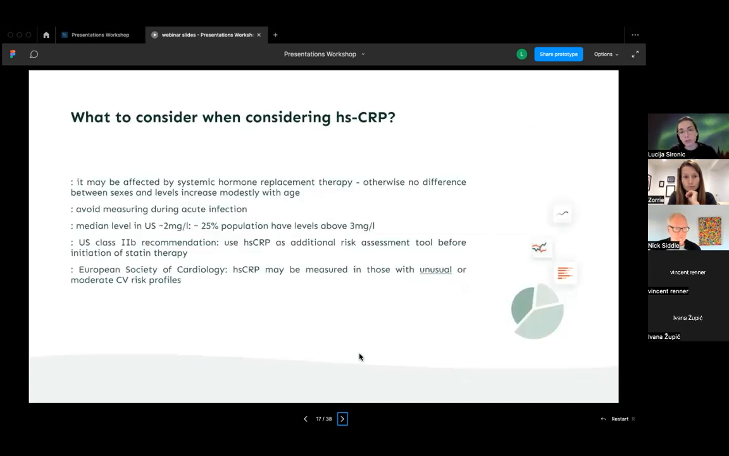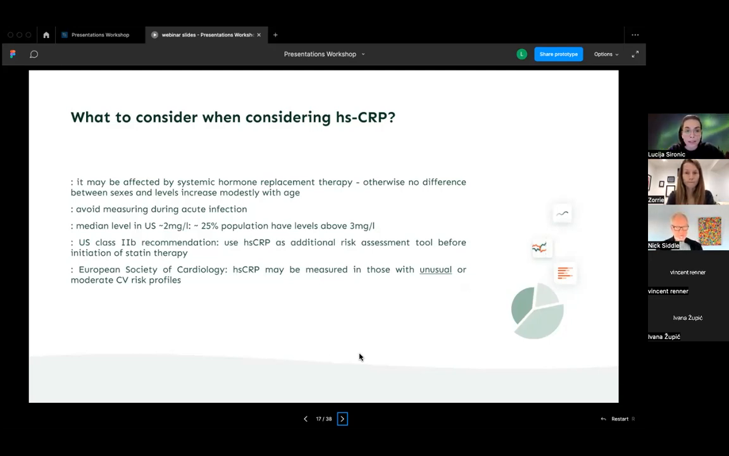So what to consider if you're considering high sensitivity CRP? In the case of ladies, it does seem like it could be a useful marker. Normally there are no differences between sexes. It could be the case that in menopausal or postmenopausal women who are taking systemic hormone replacement therapy, high sensitivity CRP could be somewhat higher. And obviously avoid measuring it during acute infection or in case of